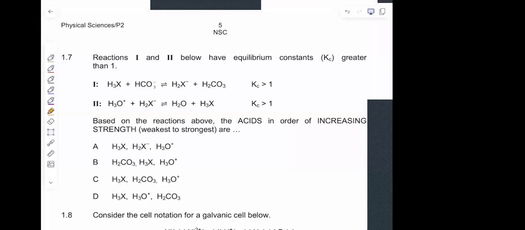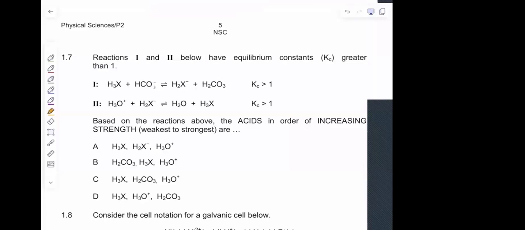It means that in this case, our acid ionized nearly completely. It ionized quite far. So the acids that we've got there are going to be strong acids. So the first way to figure this out is we're going to find the two acids. So in reaction 1, we can clearly see there that we're going to have